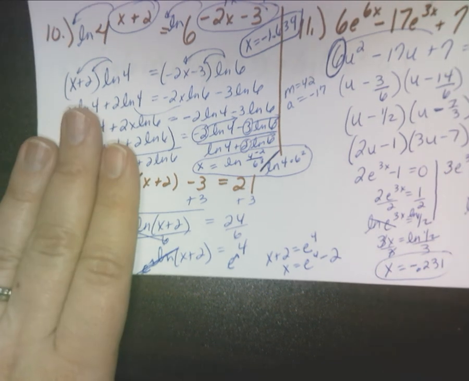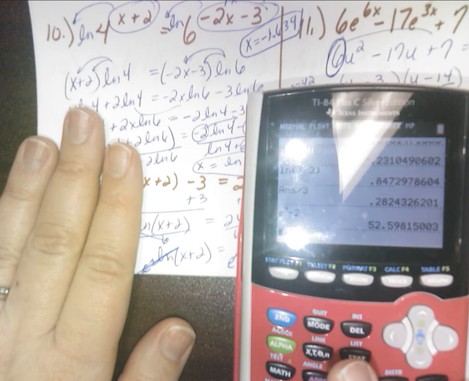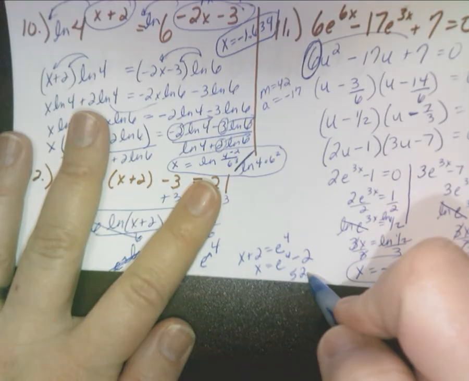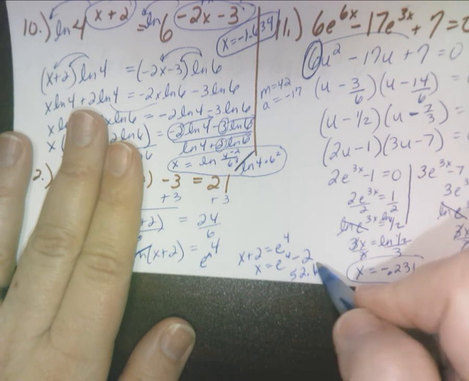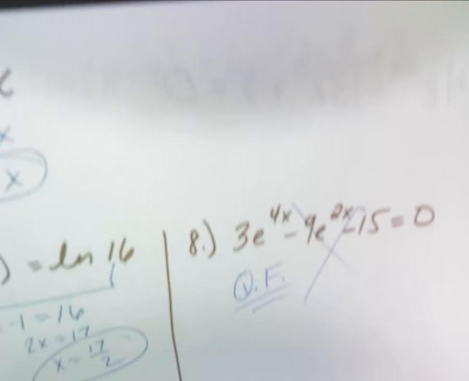So e to the 4th minus 2, let's see what that is. E to the 4th, and then minus 2 is 52.59, 52.6. That is your answer for number 12. All righty,